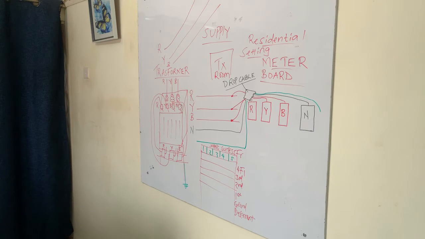So if it is serving several people, then it will mean that you have to consider all of those factors whereby other people are not affected by the load imbalances. So you find that in most cases, a national grid supplier will insist that you balance the way that you have distributed your load to each and every phase so that you do not have issues,